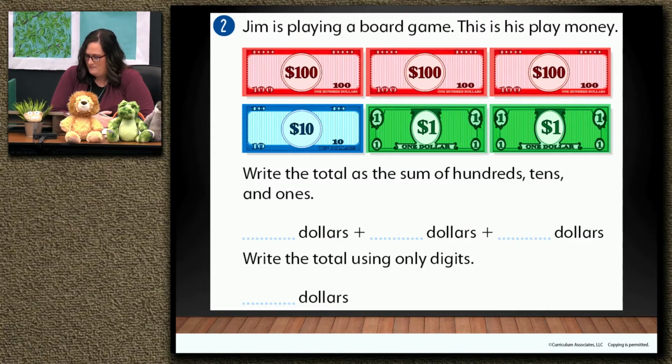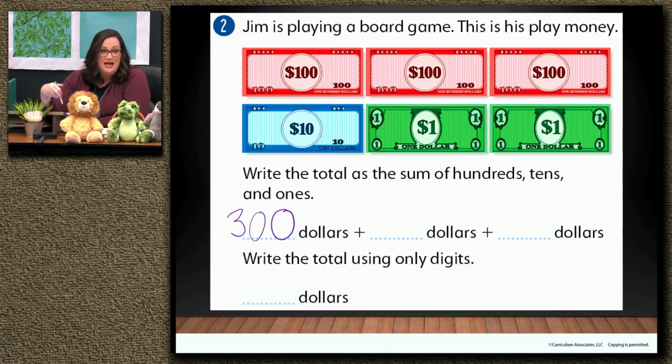Okay. So this is kind of like doing expanded form. How many hundreds are there? 3. And what does that make? What value is 3 groups of 100? Right, so we've got $300. Please write this on your whiteboard. $300